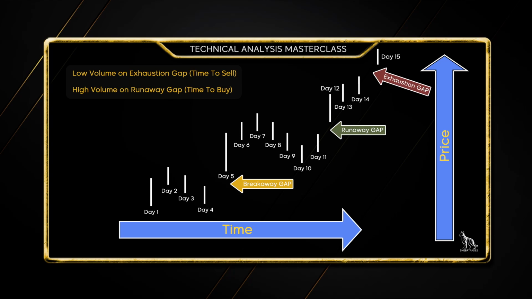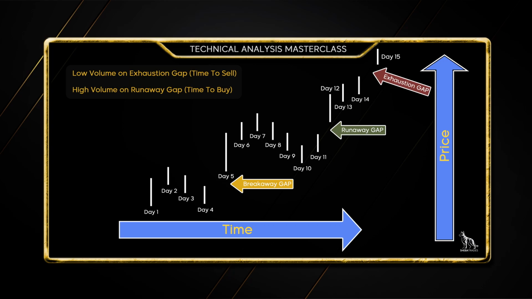One way you could tell, how do we know if it's an exhaustion gap versus a runaway gap, or how to be aware of that? Because maybe that exhaustion gap is just another runaway gap. The main variable that changes is that with an exhaustion gap, you're going to be moving up on very low volume. It's going to be lackluster volume relative to what it's been previously. With a runaway gap, you're going to see huge volume pouring in. It's going to be way above average relative to what you would normally see on a daily basis.